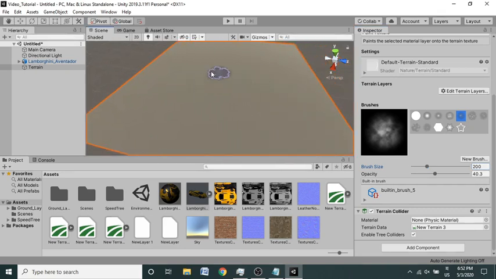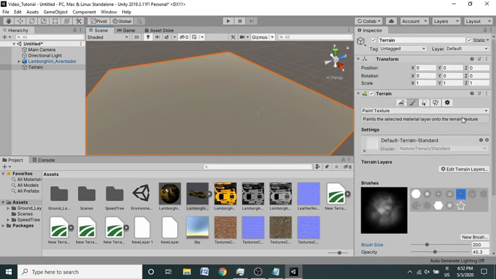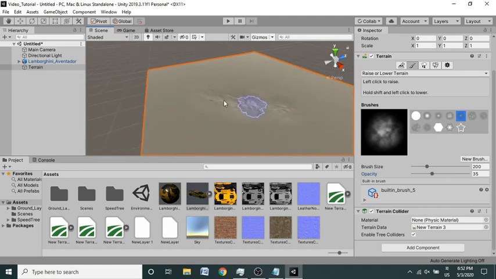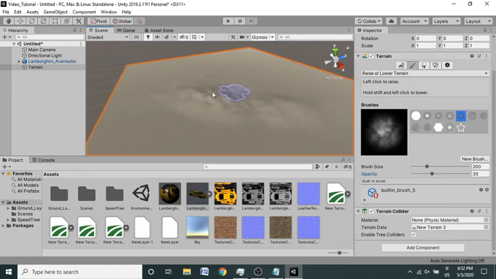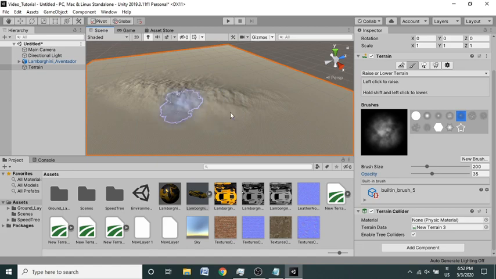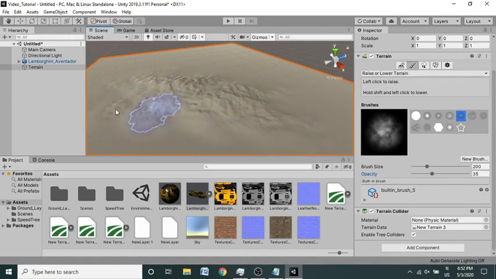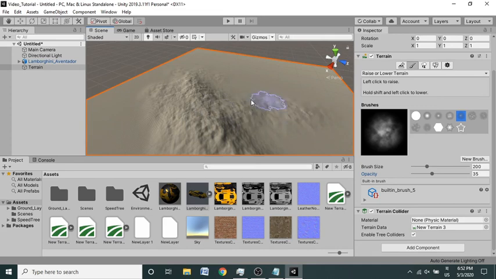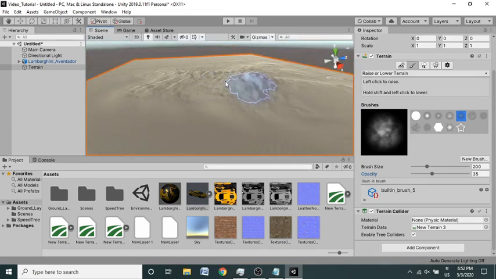I'm just going to draw some mountain or something. Okay, this is Raise. I was in the wrong section. Raise or Lower Terrain, and just start painting some ups and downs and bumps on the terrain. So I'm going to draw a huge mountain in the middle of the terrain.